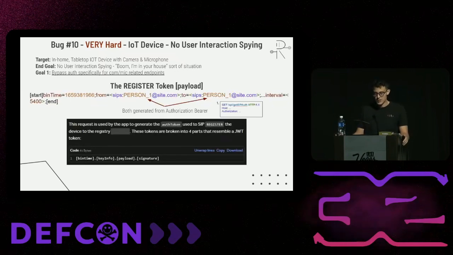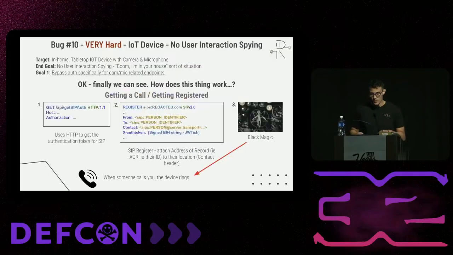The one that's most interesting to us is the payload delimiter, okay? And in that payload delimiter, there is a from field and a to field and a bunch of other fields. But the ones that are most interesting are the from and to fields, okay? So then what would happen is they would take that auth token that they got from the API request, and they would put that as a header in the SIP protocol, which is very similar to HTTP in a lot of ways. The concepts are very similar. There's headers and stuff like that, and they look similar. And then it would put that auth token into the request with its own SIP level from, to, and contact headers,